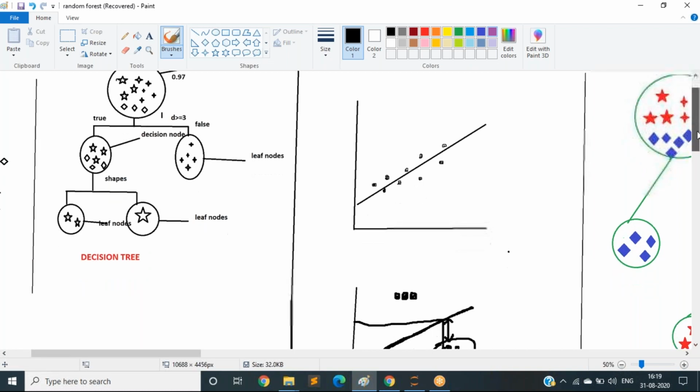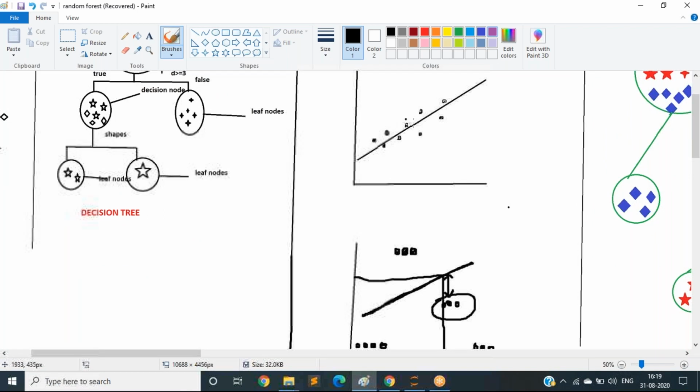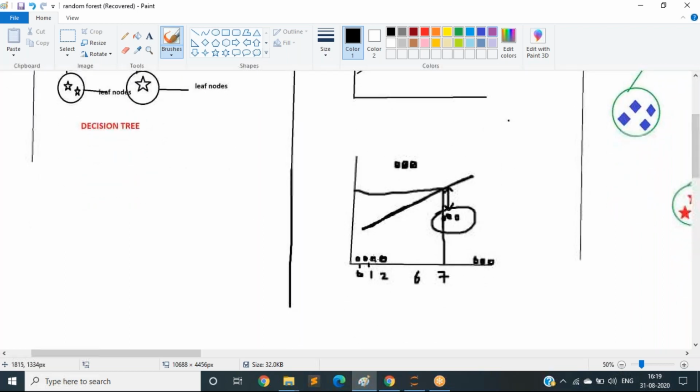See, if your data is somewhat linear, if you have drawn the graph from the given data and it is in this form, it can predict some accurate, nearer values. But if your data is in this way, some points are down and some points have a high percentage, then a very low percentage again. See, your data is split like this.